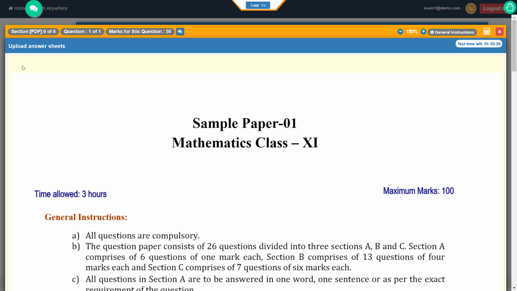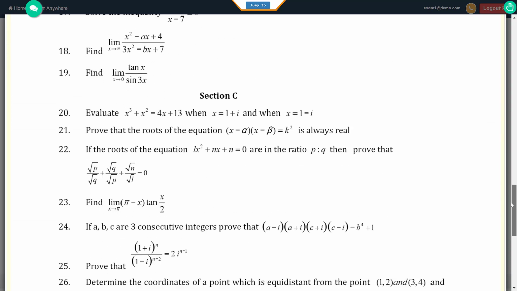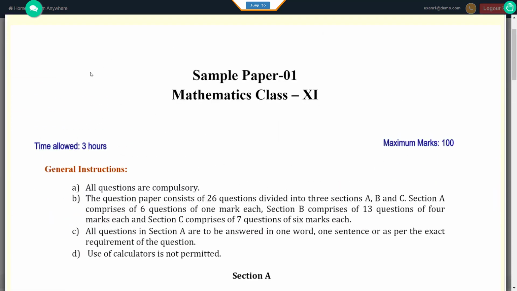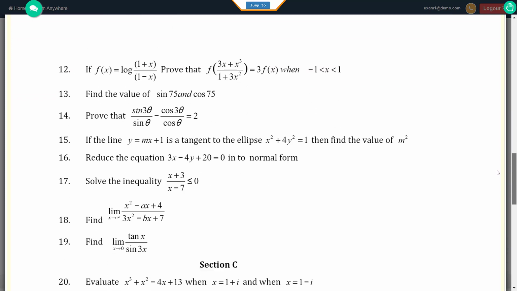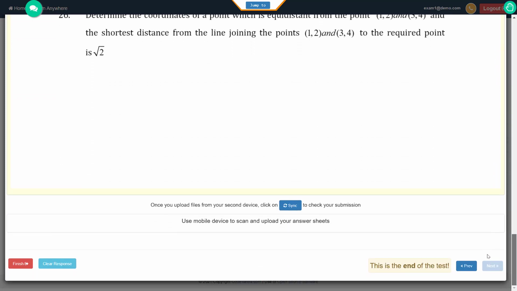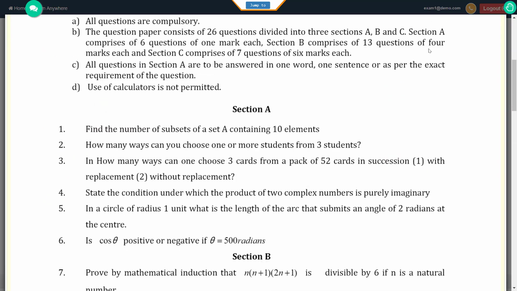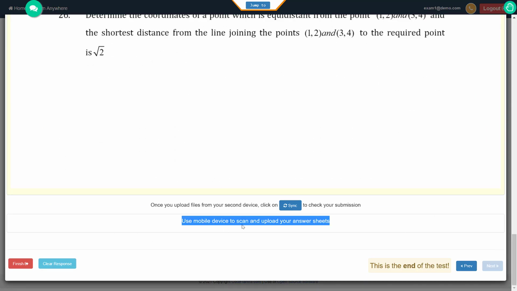Now if you notice, this is a complete question paper that we have at a single place, and this is what we call a PDF based exam, where the entire questions are uploaded into a single PDF, and all the instructions, time, everything will be mentioned in the same PDF. And if you scroll down to the bottom, you'll be able to see you are expected to upload the images after answering these questions. So in order to answer these questions, we can use the mobile phone, because if you look at the instruction, it very clearly says to use a mobile device to scan and upload your answer sheet.